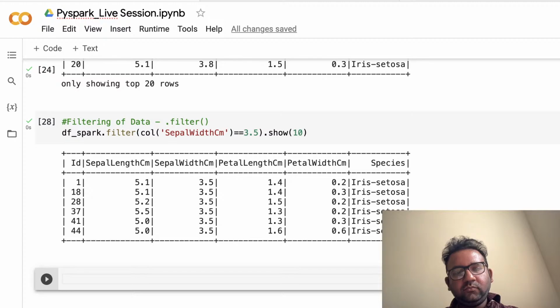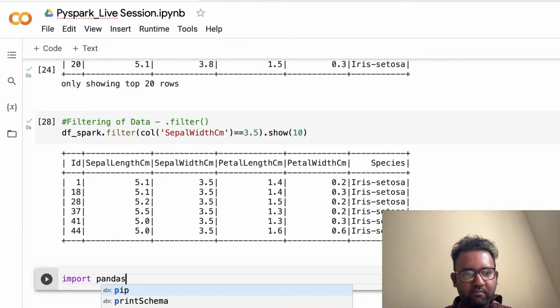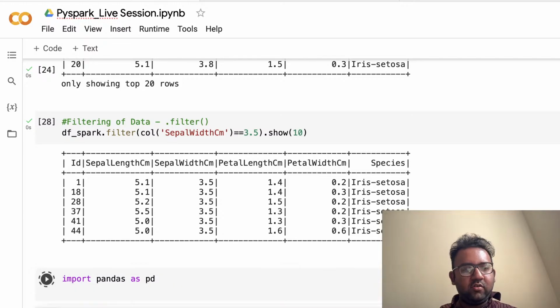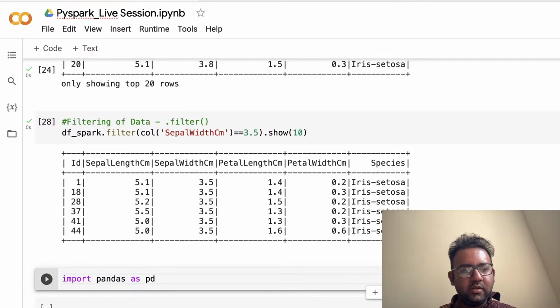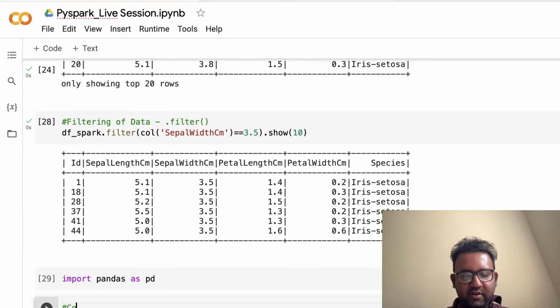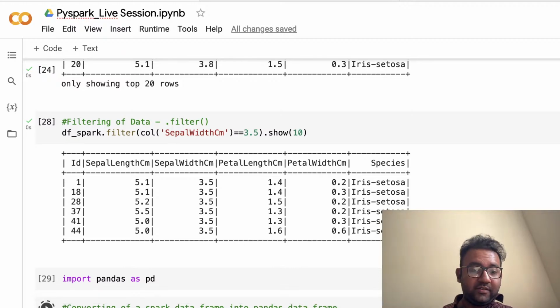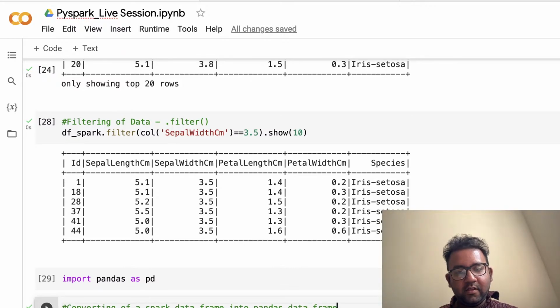Let us import pandas as pd. Now, converting a Spark data frame into a pandas data frame. So let us convert it. It is very simple. df is equal